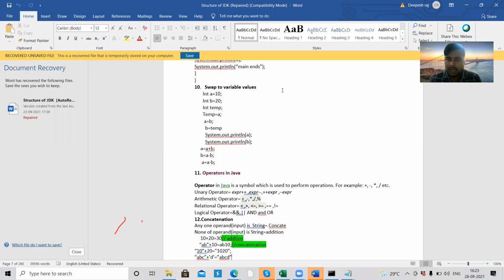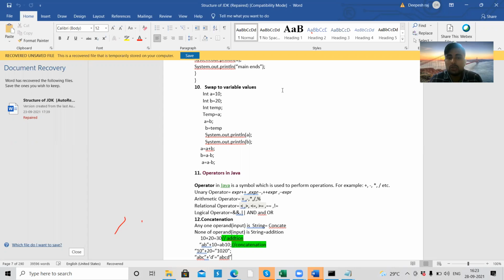So OR means any one condition should be true, then we get the result as true. But in the AND case, both conditions should be true, then only we are going to get true. If any of the conditions is false, it will be false.